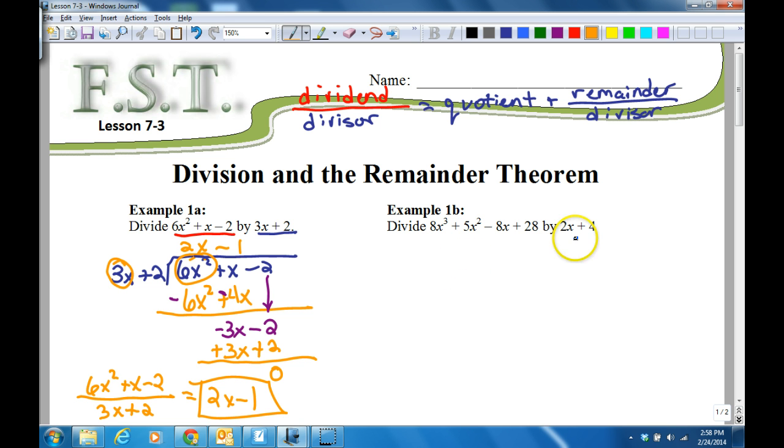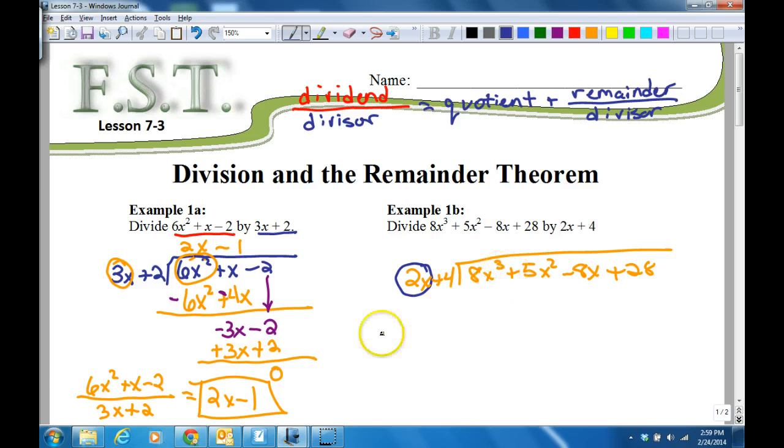Okay. On this one, I'm going to take 8x to the third plus 5x squared minus 8x plus 28. And I'm going to divide that by 2x plus 4. Okay? On these, you are only going to be looking for immediate answer at the first term. Don't worry about the 4 right now. Okay? So how many times does 2x go into 8x to the third? 4x squared. Okay, now you do need to worry about it when you multiply it back through. So 4x squared times 2x is 8x to the third. 4x squared times 4,